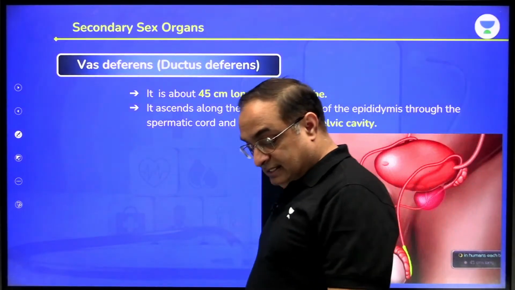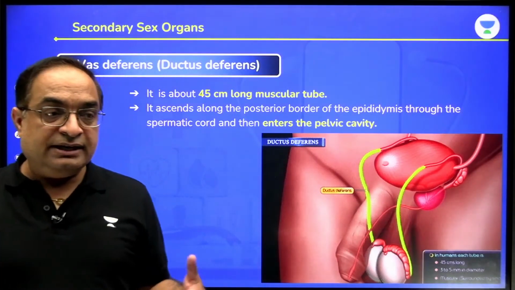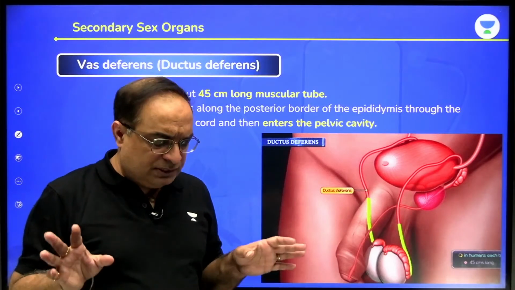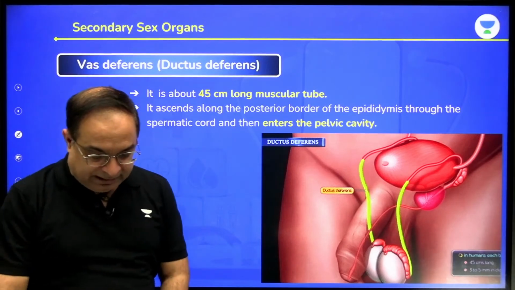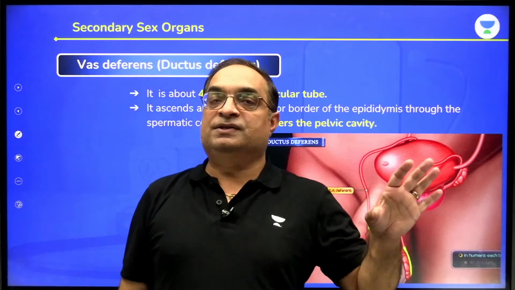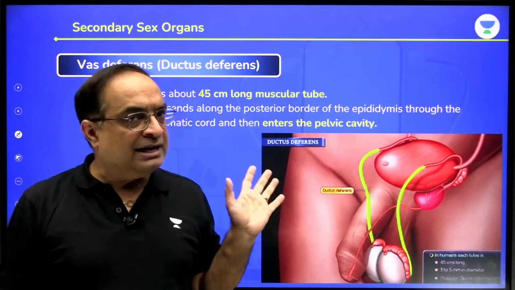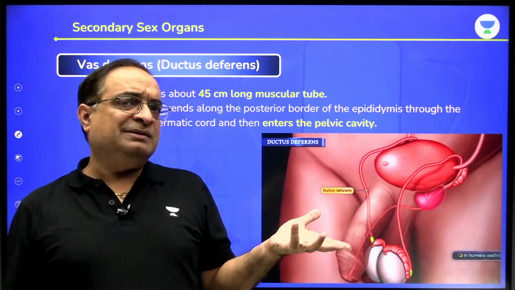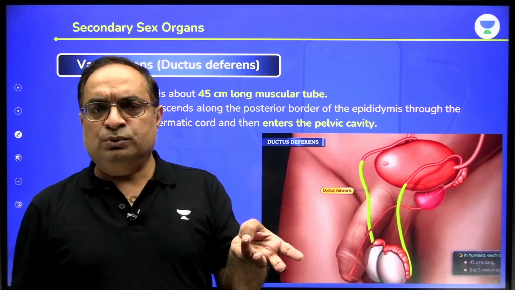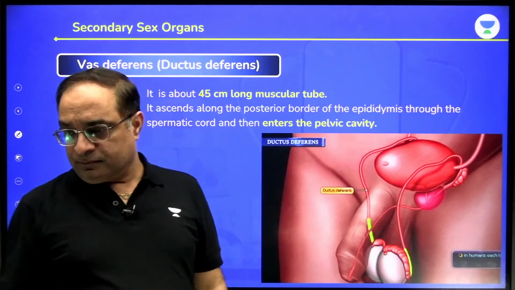So we are discussing the secondary sex organs of the male and let's see which is the next secondary sex organ. Epididymis, you have read it. Any doubt, any question you have from epididymis, let me know. It is an 8 meters long convoluted highly folded tubule attached with the testes. Testes plus epididymis is called testicle. The function of epididymis is sperm storage, maturation, transportation, storage and all that. Any question you have? Come on quickly.